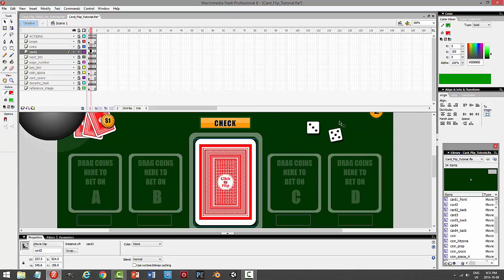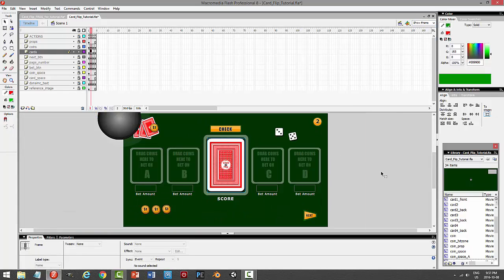Come back. Zoom out a bit. Lock everything up. Save it. So far, so good. All right, let me see what we're going to do next. All right, well, let's just end this game off, all right? Let's make one more